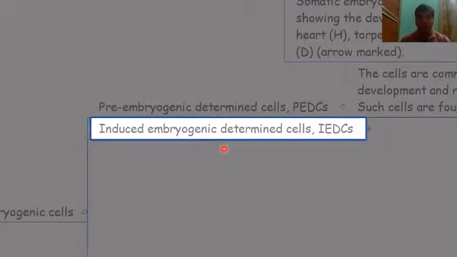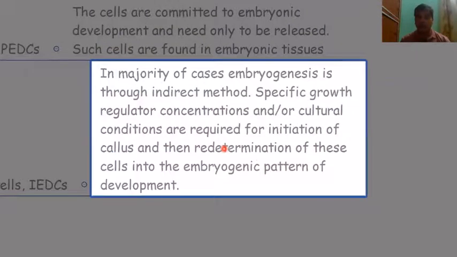Then we have the induced embryogenic determined cells, IEDCs, where we can have the induction of embryonic response. Non-embryonic cells can be developed into embryonic cells just by the treatment of certain hormones, like auxin, which we have seen has the major role in induction of the embryonic response. And we do find that in the majority of cases, somatic embryogenesis is through the indirect method, and specific growth regulator and culture conditions are required for initiation of the callus,